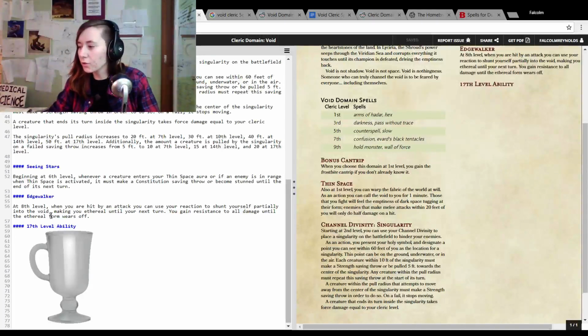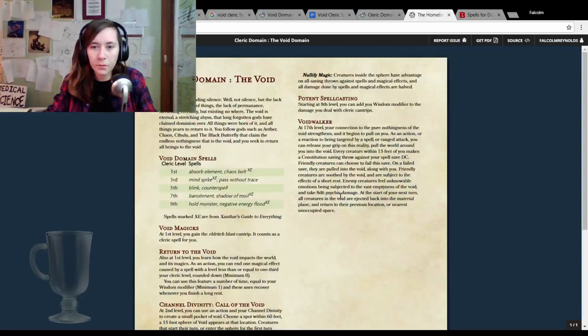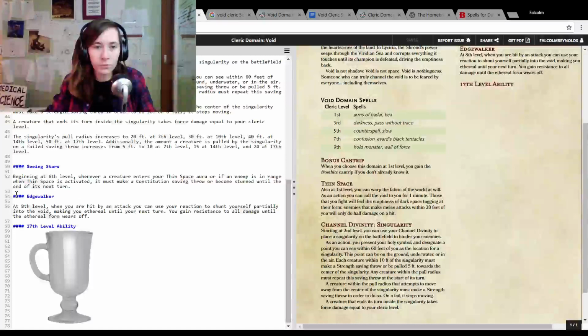So, you know what? I do want a save or suck. A disintegrate variant that targets armor. What if you have a non-armored enemy? I mean, it's unlikely at 17th level, but what if you have an enemy that's not an armored thing? Let's see what this dude did. Voidwalker. Well, I already have Edgewalker, so...